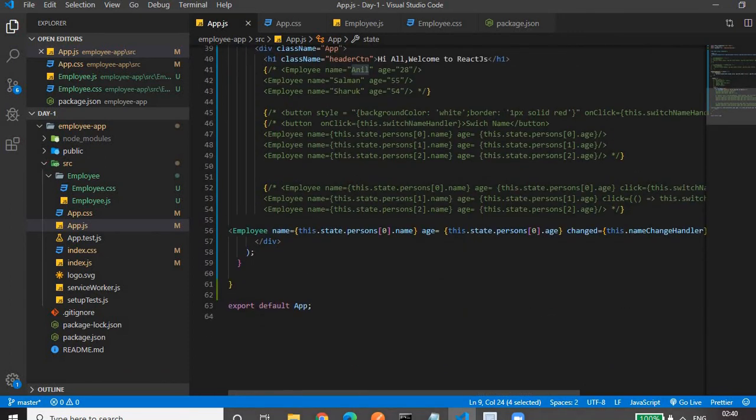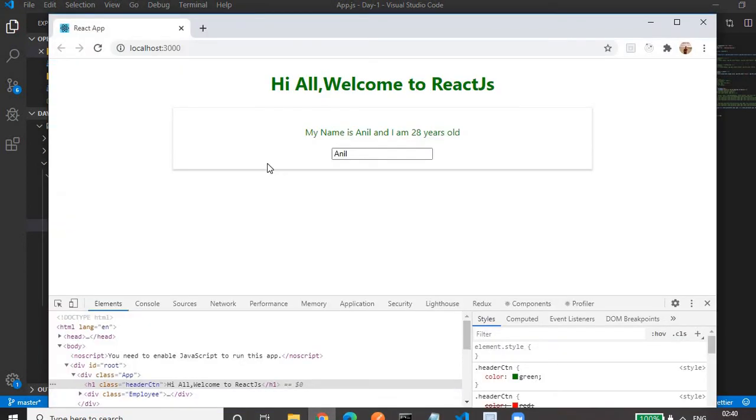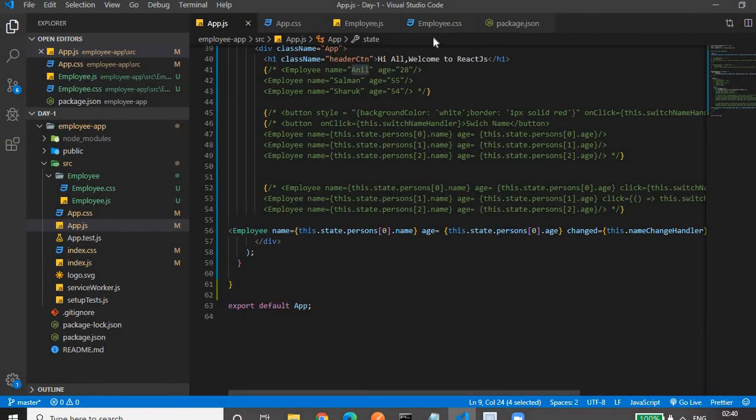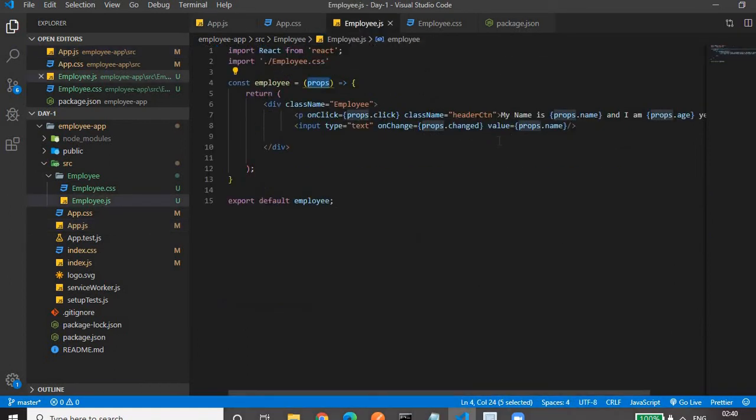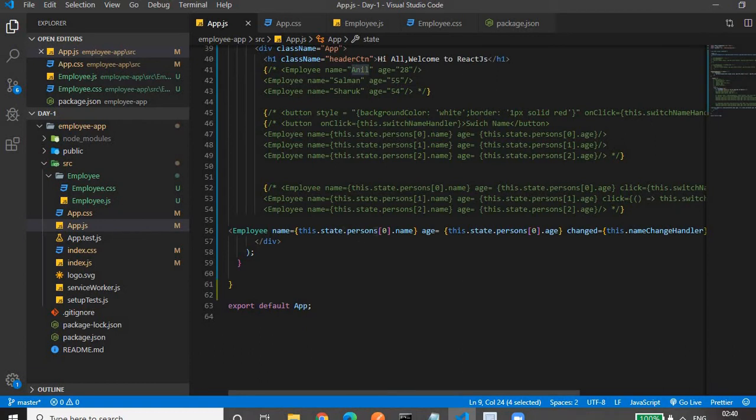Okay, so we'll see the two-way data binding in action. We have one employee component in which we have an input field. In the input field by default we have some value, Anil. Why is it there by default? Because we are using the value property and we are bound to the props.name, the props that it received, which is the person array of index0.name, meaning the Anil value.